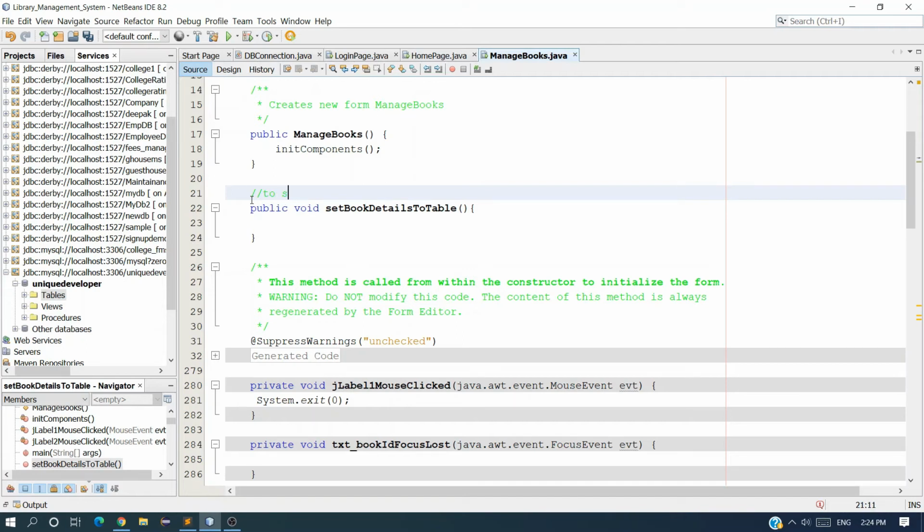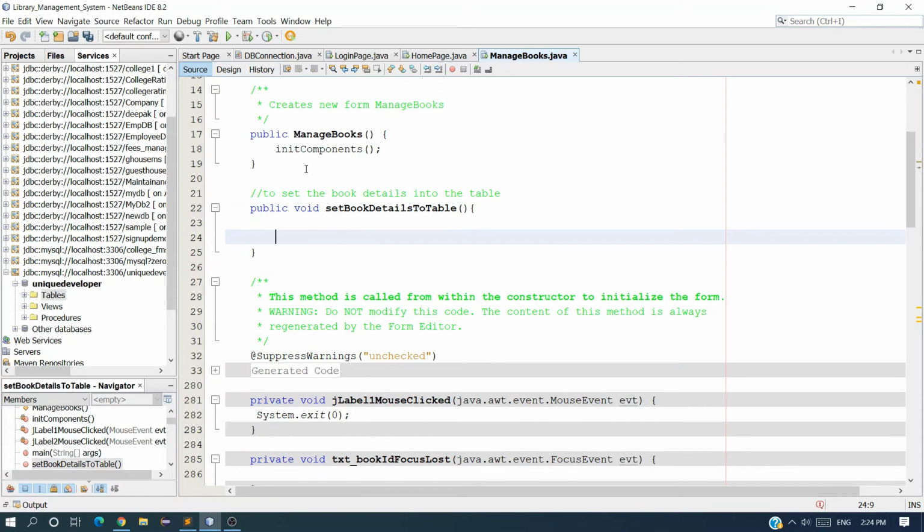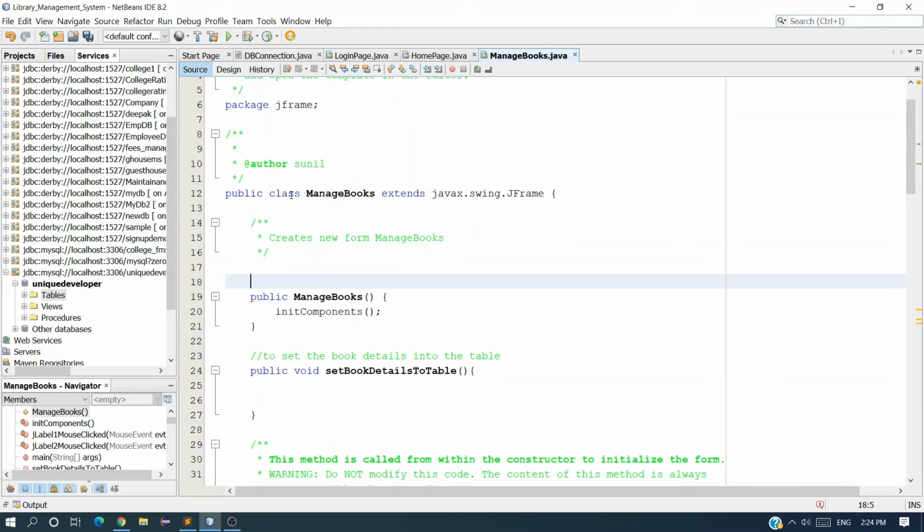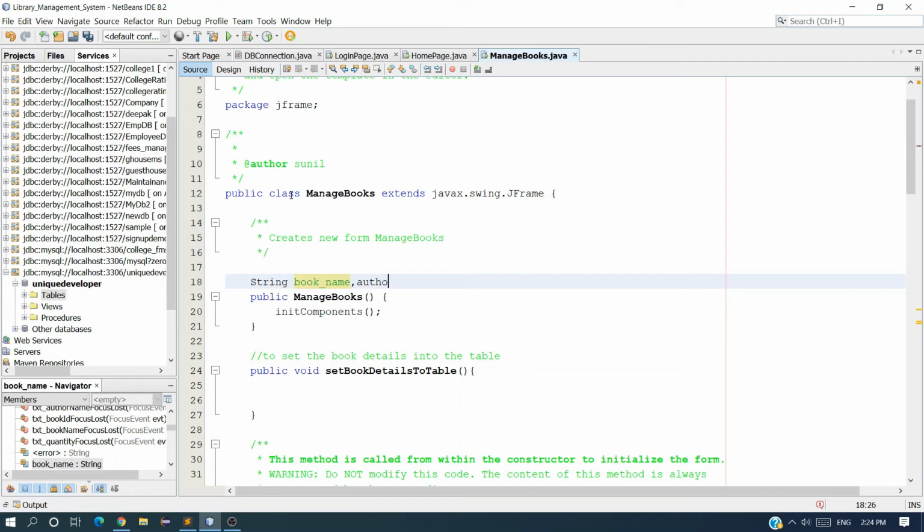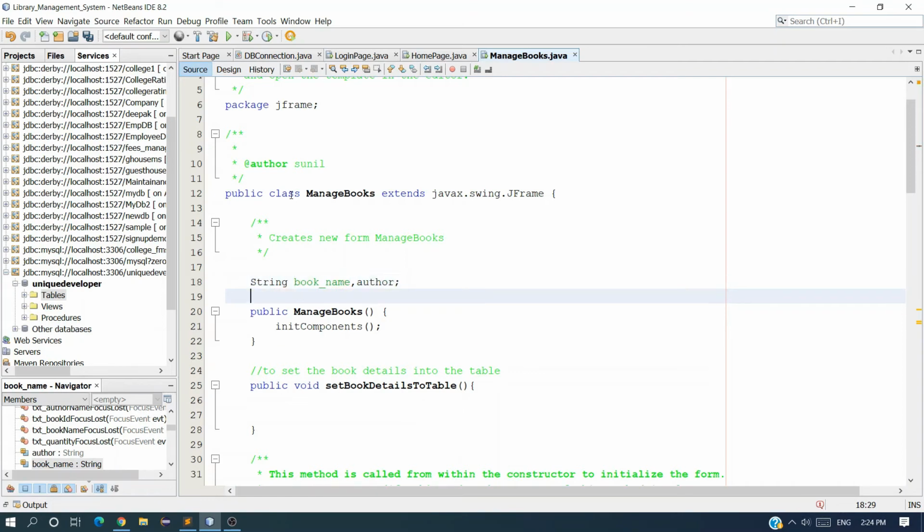and just provide a comment to set the book details into the table. Now here we have to first fetch the values from the text field. So I want to create instance variables: string book name, comma, author, comma, and the next is int book id, comma, book quantity.